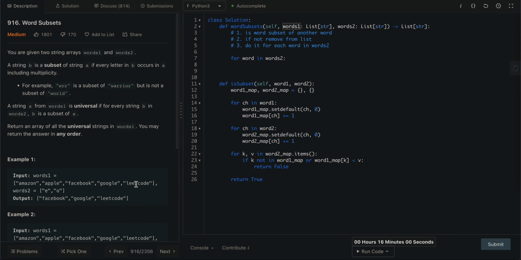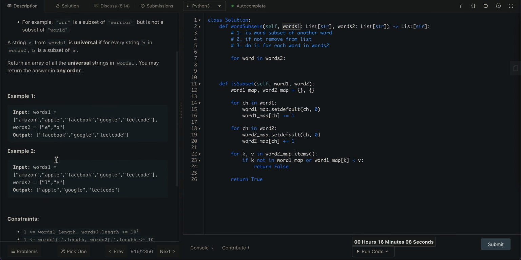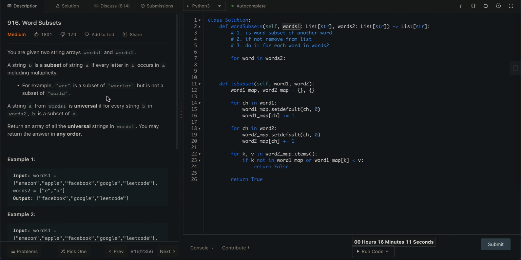Yeah, I think this is a brute force and quite an expensive thing, but I'm still gonna just go with the brute force approach. So let's see. So we have word, and then